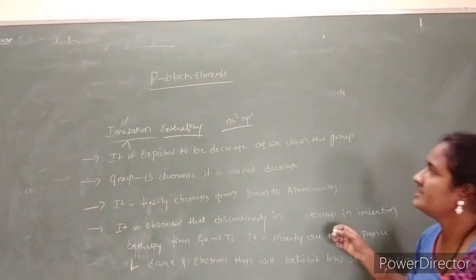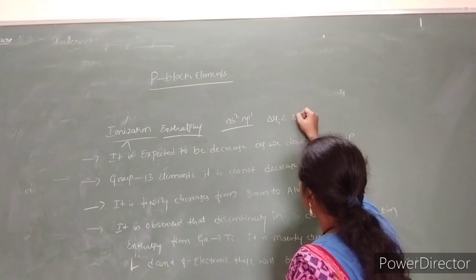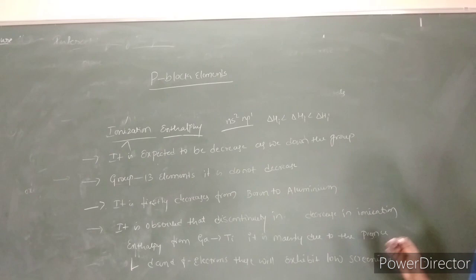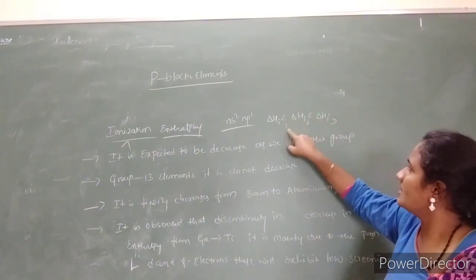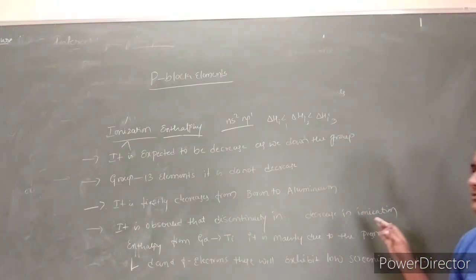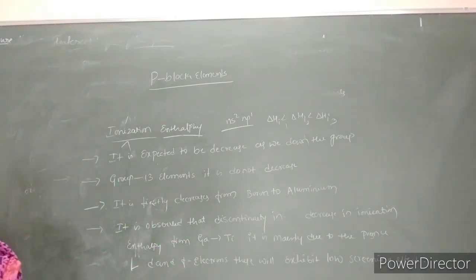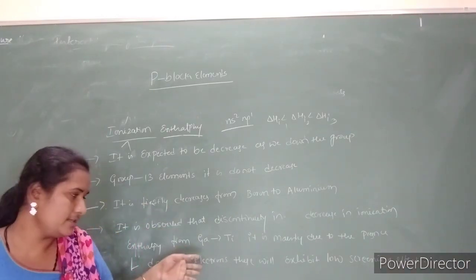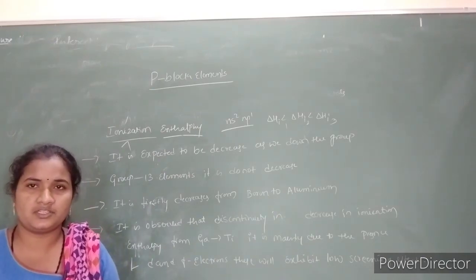So in this way, if you write the order of ionization enthalpy, this is the first, this is the second ionization enthalpy, and this is the third one. So this is the order of ionization enthalpy in the case of group 13 elements. And similarly, if we move towards the fourth property, that is electronegativity. It is also different for different elements, again due to the presence of f as well as d electrons in their electronic configuration.